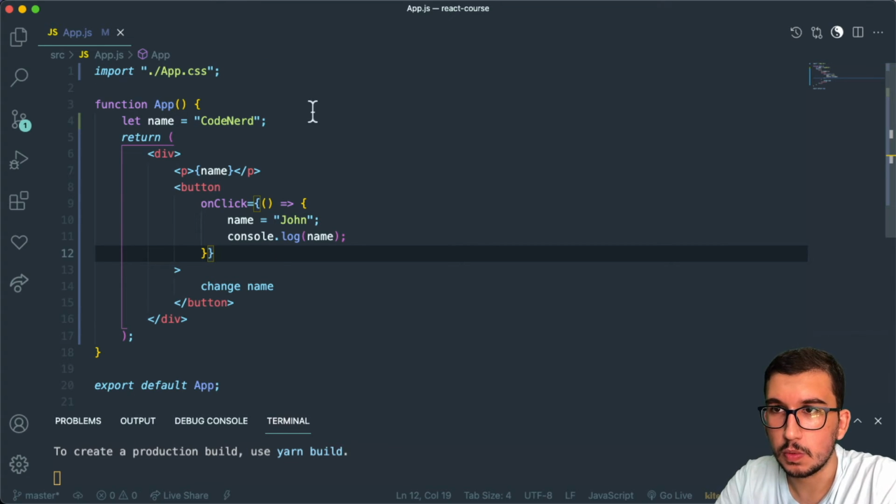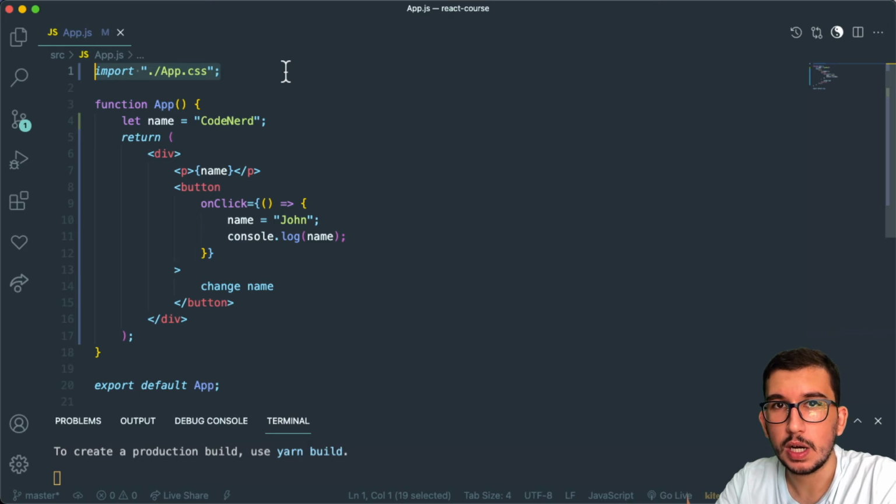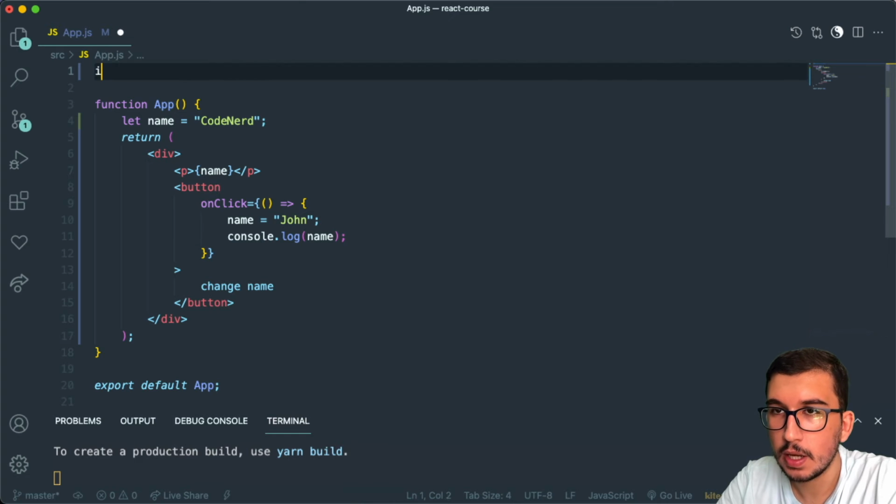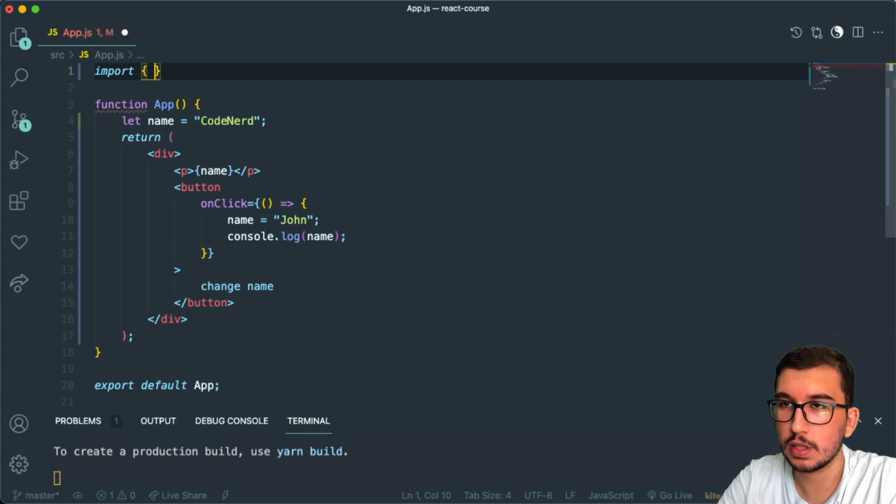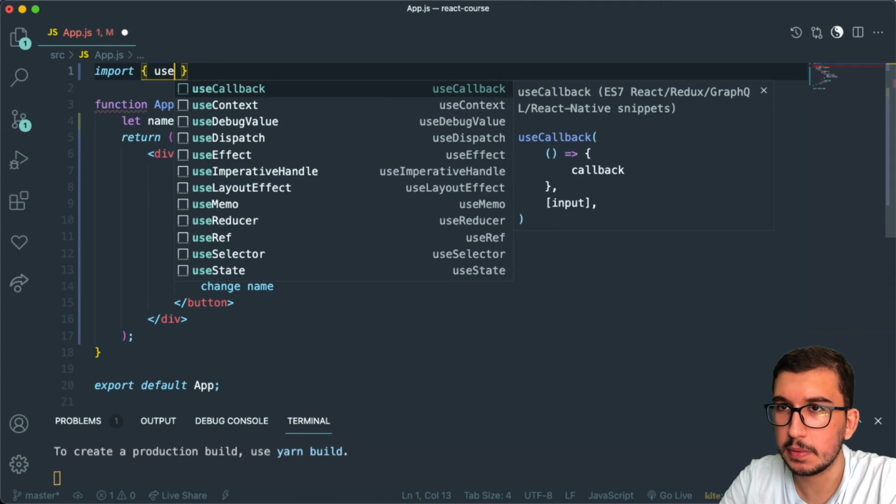By now you saw what the problem is and why you need state. I didn't actually mention, but you need to use what's called hooks in React to tap into the state or create state for any component. And to use hooks, and by the way, this is very easy, you just need to import those hooks, and there are hooks for all kinds of stuff. If you want to use the hook for state, this hook is called useState, and I'm going to import this by doing these curly brackets, and inside of them I'll say use